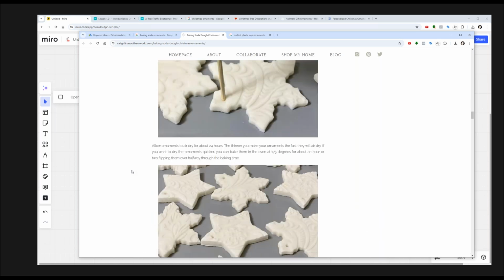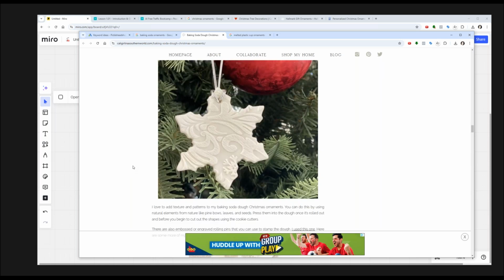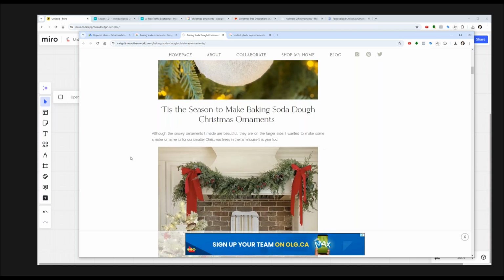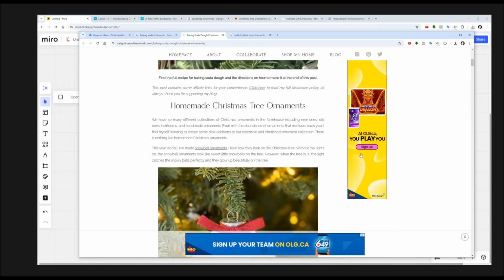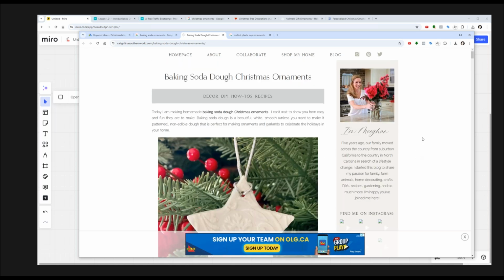Even still, you could do a few articles on this. You could rank for this. And if you notice at the bottom of the screen right now, there's a big ad. And right here, there's an ad. This is a banner ad. This is a banner ad. Now she's using Google AdSense in order to monetize her blog.